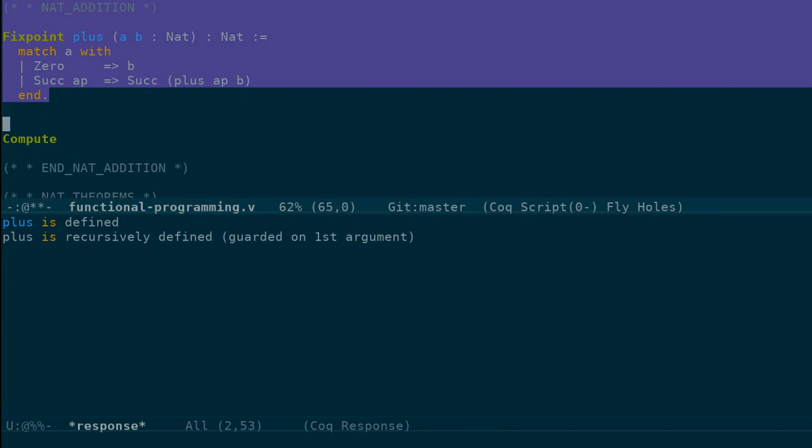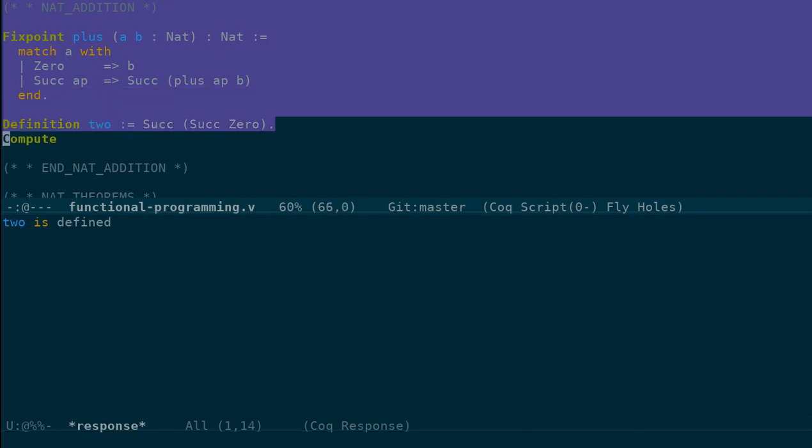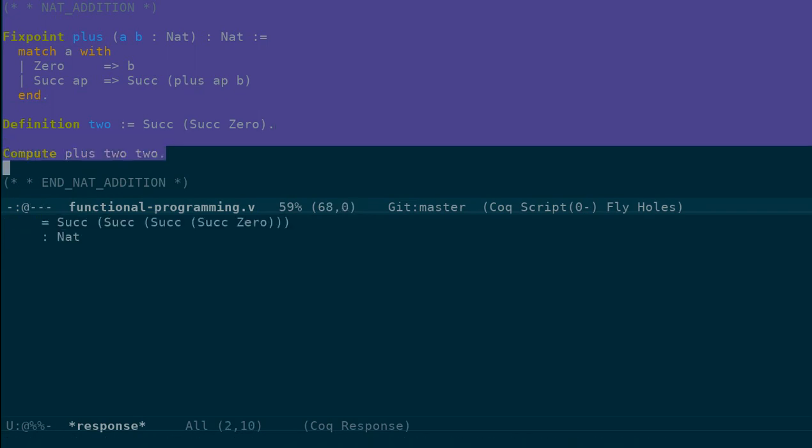Let's define some things: Define 2 as successor of successor of 0. Now we have 2, and let's compute 2 plus 2. And we see that it is 4.